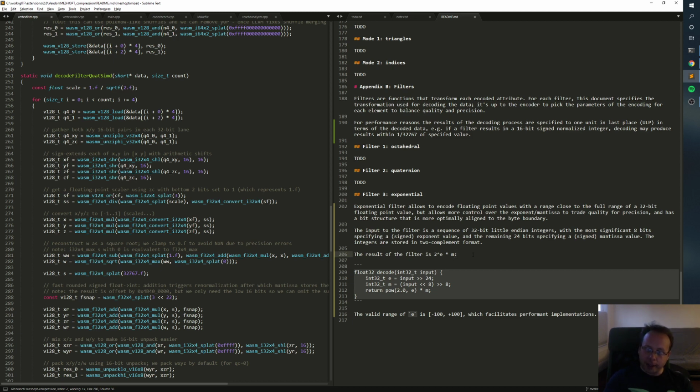And you would think this is wasteful because you're still using a 32-bit value, but the whole point of these filters is to make data more compressible by the compressor, by the codec. If you have a 32-bit value where 5 bits are actually used and the rest is not used, you feed this to the codec and the codec compresses everything that's not used to nothing or almost nothing, depending. And so all of the other encoding schemes follow the same pattern. All of the other filters here follow the same pattern, where there's a variable amount of bits that you could choose to use. And so when we encode the Quaternion,